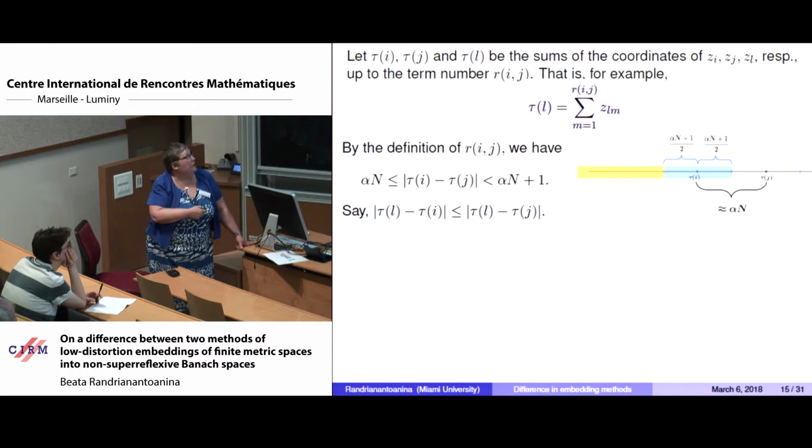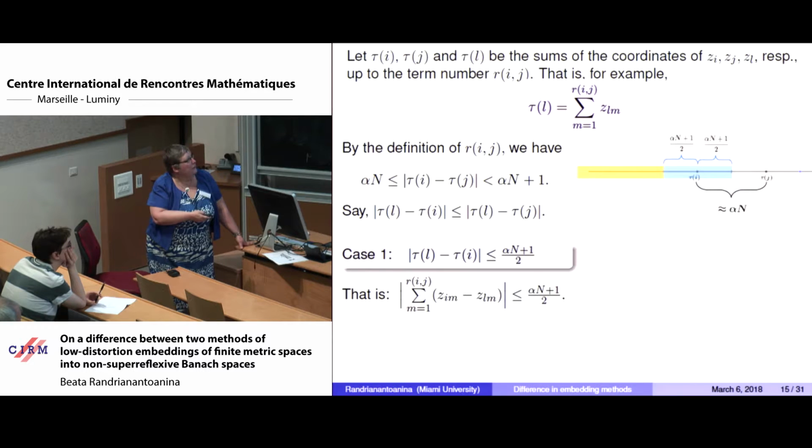Either tau l minus tau i is smaller than tau l minus tau j, meaning it is closer to one of them, say closer to tau i. So I want to consider the first case. The first case is here on this diagram, that my tau l is within that blue shaded interval, meaning it is within the distance alpha n plus 1 over 2 of tau i. Right? So if it is there,